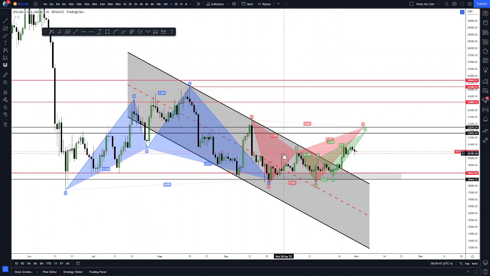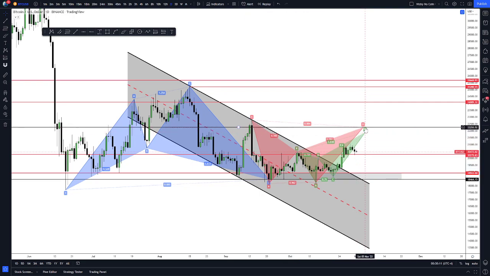We still have to get past this, right? This is that 2 month downtrend and chop area, not even downtrend, just chop in this zone. So as of right now, we're holding that. If we break below this, we deviate into it, we'll probably come test the bottom of this range right here. But in the meantime, I would love to see this push up to this D area, because if you do get that,